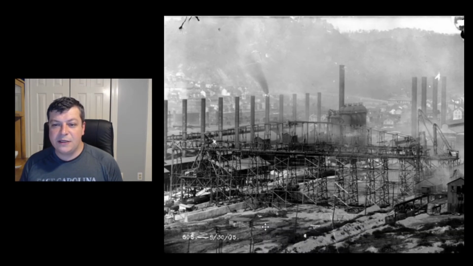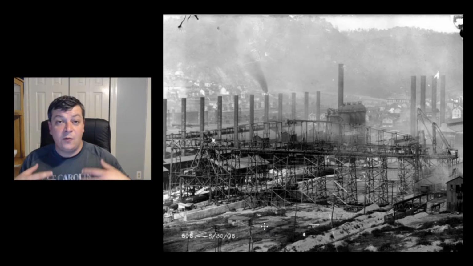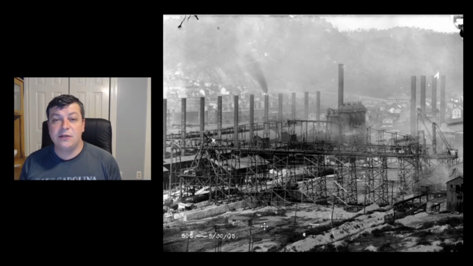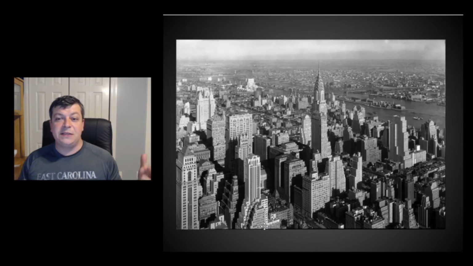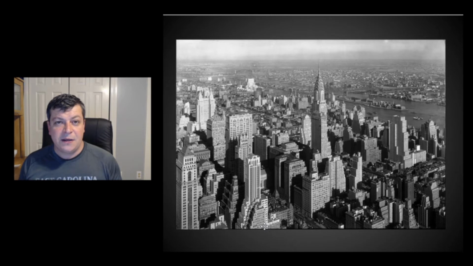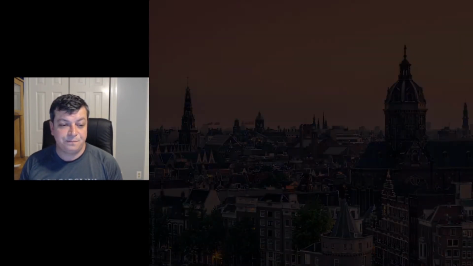But as we continue on, again, America was a fast changing place in the late 1800s. As factories formed, people moved from the countryside to the city looking for economic opportunity. And as these cities were being built, they were characterized by large skyscrapers built of steel. These modern industrial cities were much different in their look and feel from other cities throughout the world, like Paris, London, and Amsterdam.